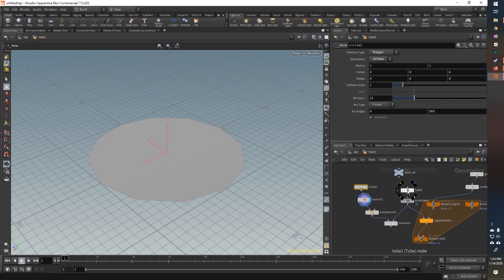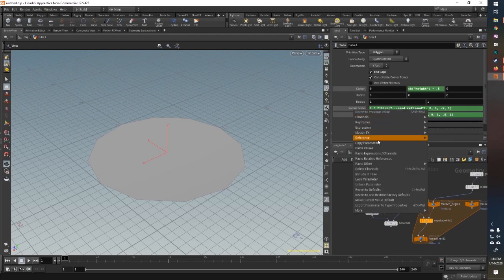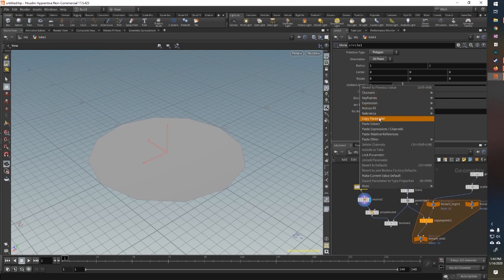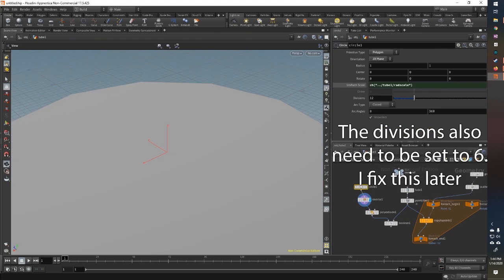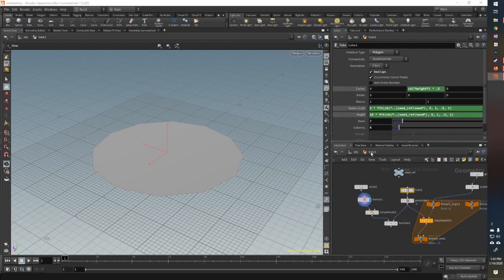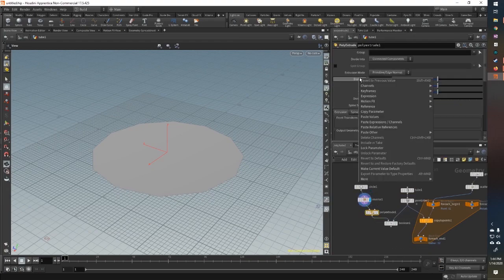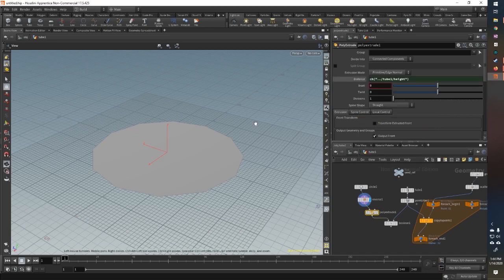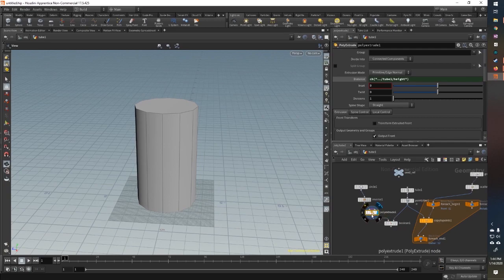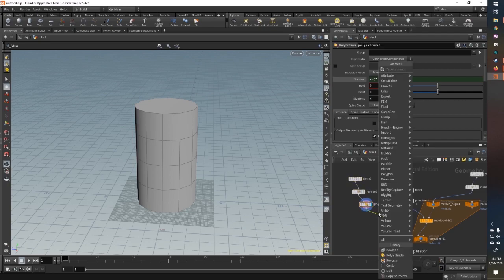So now we're going to drive some of these attributes. So we'll copy our radius scale and we'll paste it to our uniform scale here for the circle. So now the circle is the same radius as the tube, and we'll also take our height and put it in our distance for our poly extrude. So now the height is the same, and we're going to increase the divisions just a little bit here. We'll also put in a point jitter